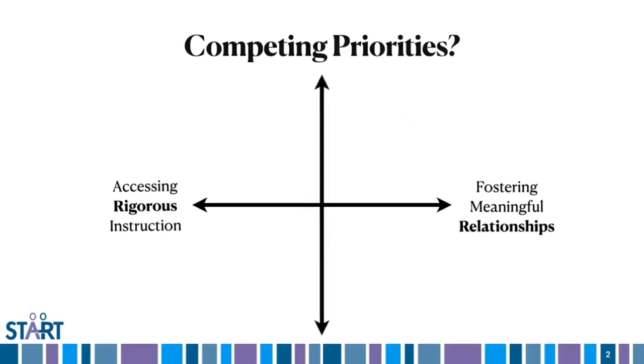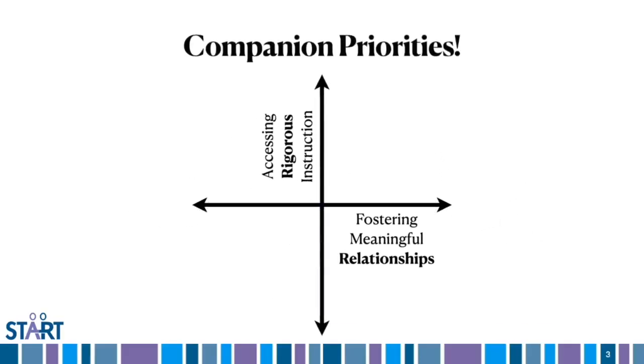Well, this shouldn't be considered an either-or decision. It's a both-and investment. When we turn that single access into a double access or a plane, what we see is our work is a double pursuit. We don't focus more on academics and little on social relationships, as this star indicates, or more on social relationships and relatively little on academics, as this star indicates. Now, we strive to advance both together.